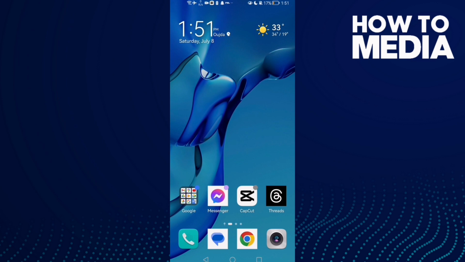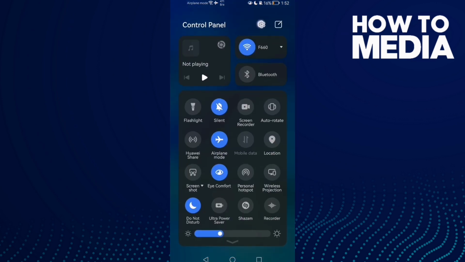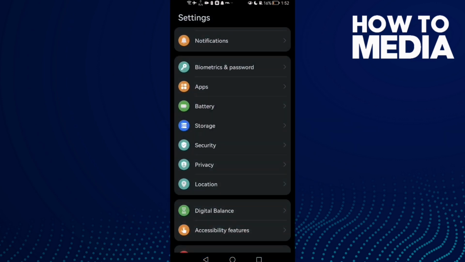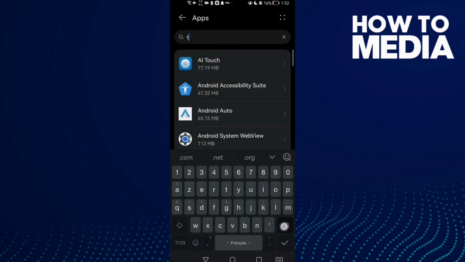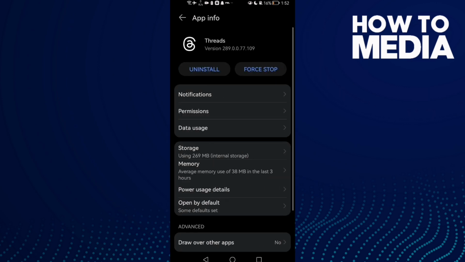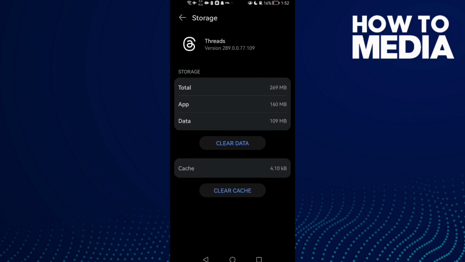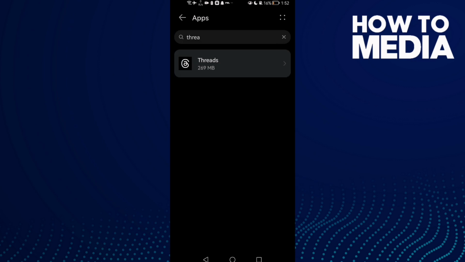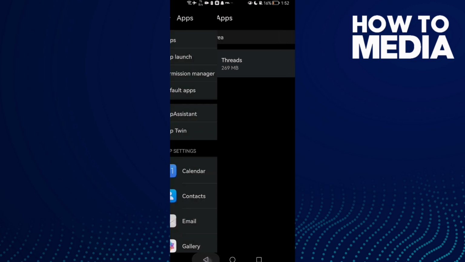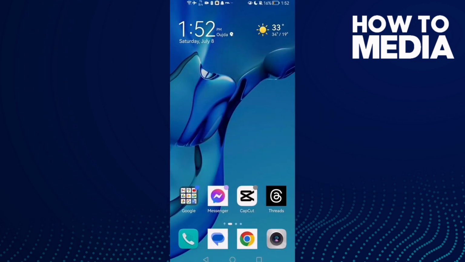quick. If you want to fix it, all you have to do first, just go to Instagram settings and then go to apps and then go to apps again. Now just type freeze here, stop it, storage, clear cache, go back and then just go back and try again, and if that doesn't fix your problem, then just try to turn